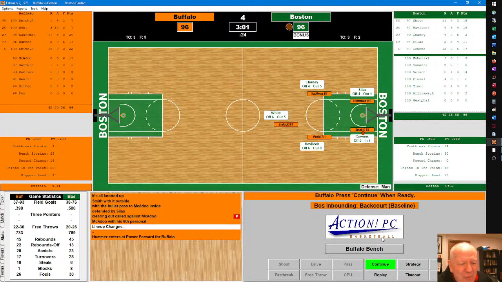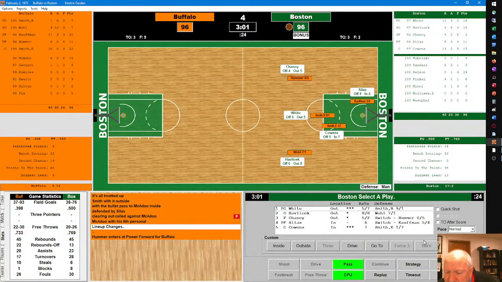Ladies and gentlemen, I don't believe it. There has been all kinds of crazy stuff happening here tonight. And with 3 minutes to play and the score tied at 96, Bob McAdoo has been called for the offensive foul, and he has fouled out of the ball game. Can Boston capitalize?